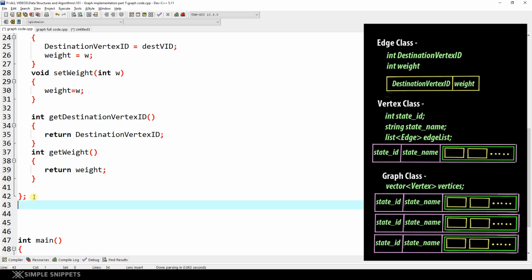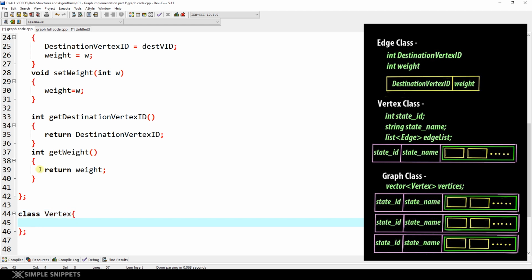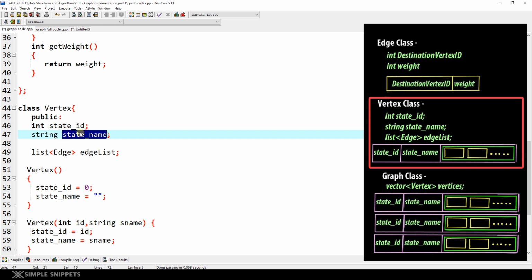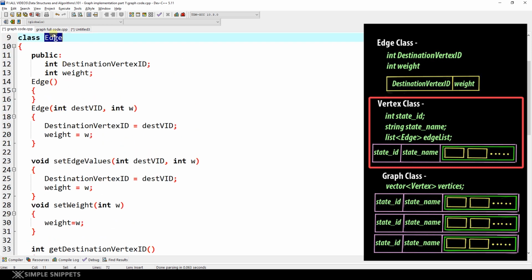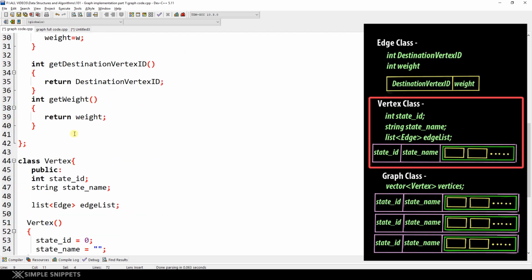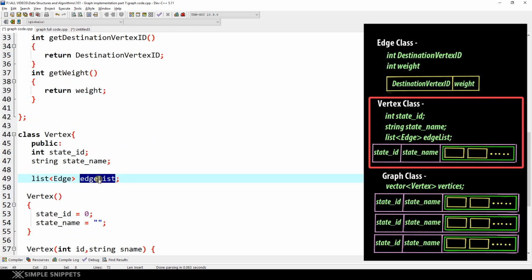Let's move on to the next class, which is class vertex. Okay. So what are the data members inside vertex? We have state ID, state name, and remember we have an edge list which is of a list type, and it will store edge objects, right? So the edge class we just created at the top, the objects of this edge class that we create will be stored in this edge list.